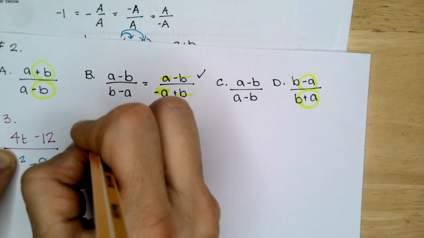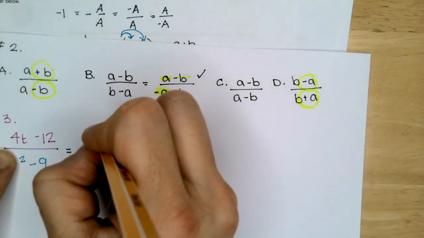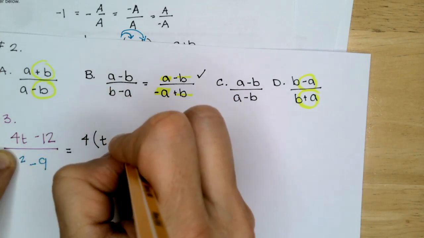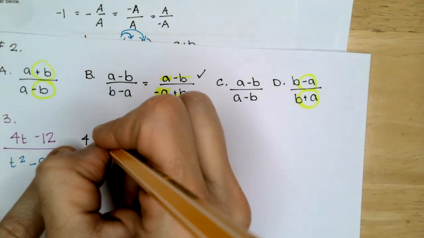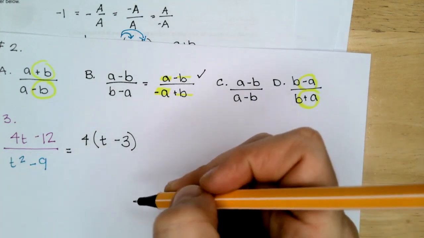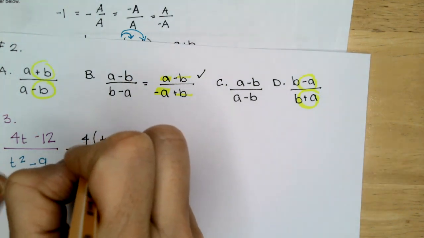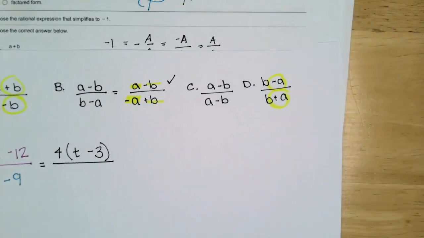4t can be divided by 4, and negative 12 can be divided by 4. 4t divided by 4 will leave me with t. Negative 12 divided by 4 will leave me with a negative 3. Because if you think about it, if you go back, 4 times t is 4t, 4 times negative 3 is negative 12. Good? Down here, t squared minus 9. What we're doing here is the difference of two perfect squares. The equation for the difference of two perfect squares,